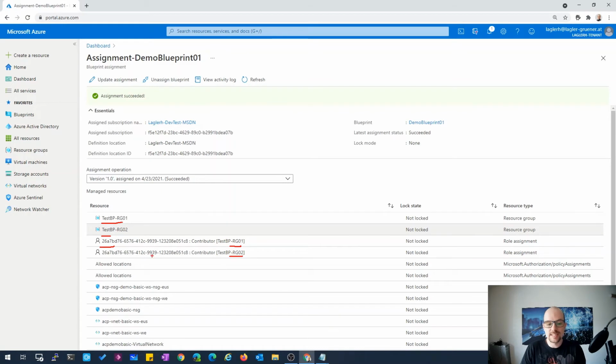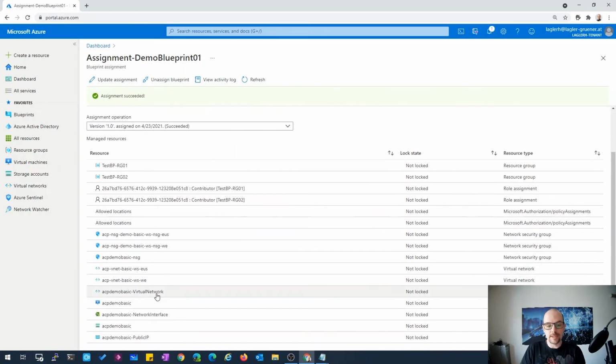You can also see the two policy assignments, the allowed locations, on each resource group. And then you can see there are different resources available from my ARM template. Here I have 3 network security groups, 3 virtual networks, a virtual machine, a network interface, a storage account, and a public IP address.